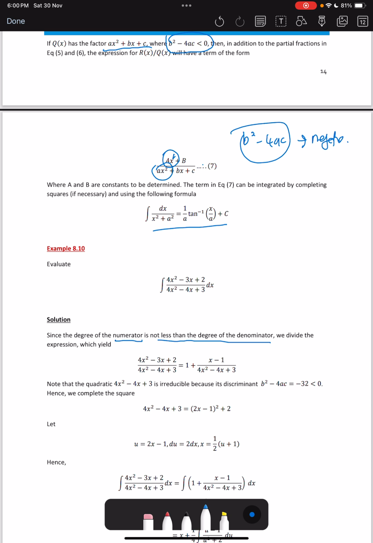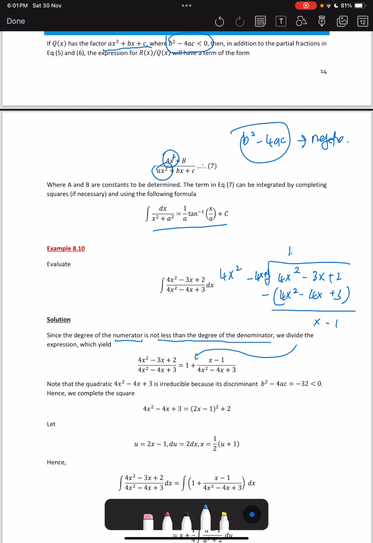So if we do the long division, plus 2, and then you divide by 4x plus 3, you have to multiply with minus 4x plus 3, so you will get x minus 1 here. So for now when you have this format,